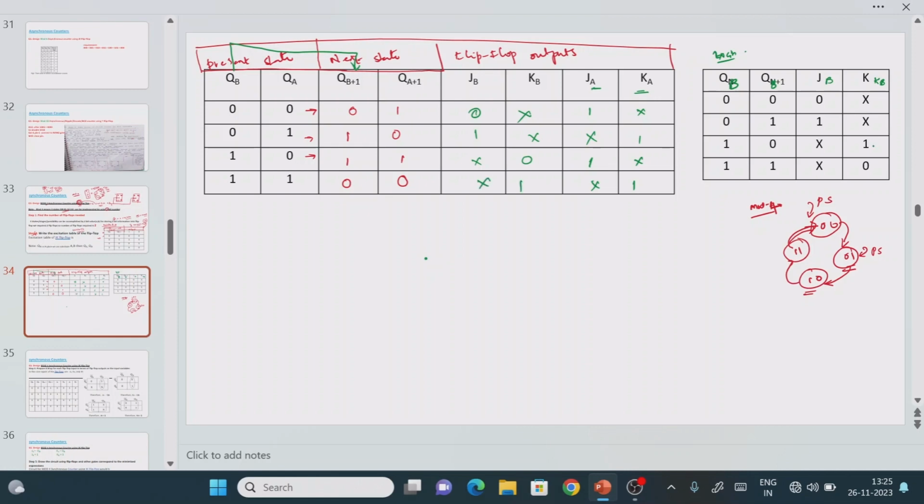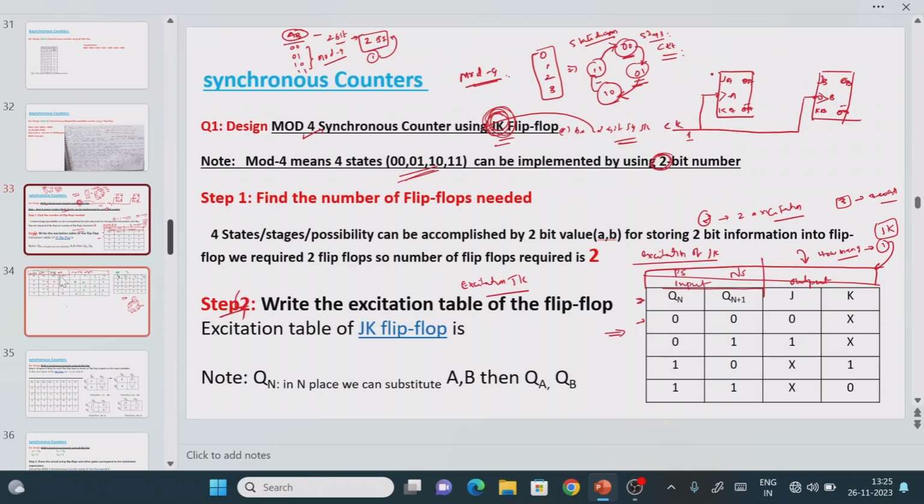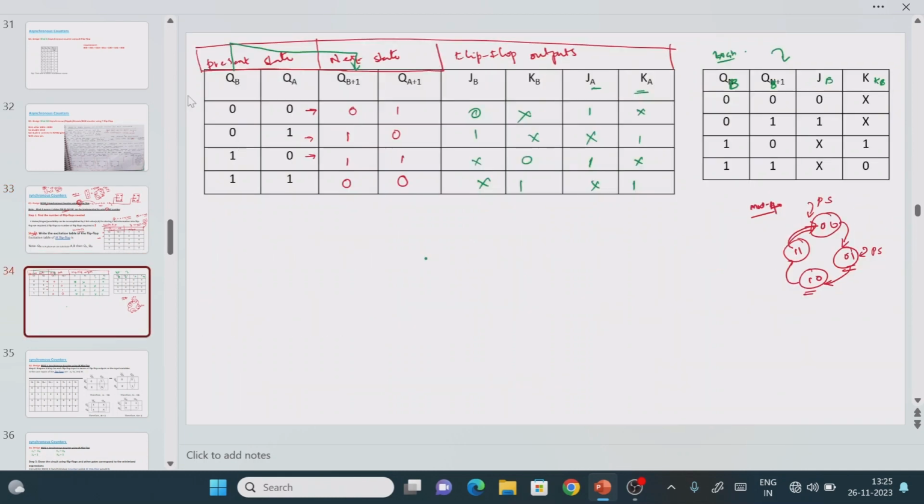Simple thing. So this is for only one truth table, but as per our circuit diagram, if you observe here, we have two JK flip-flops. It means that we need to write the two excitation tables. First flip-flop outputs are the JA, KA, second flip-flop outputs are the JB, KB, the present states are the QA, QB, so next states are the QA plus 1, QB plus 1. This is how we need to do.